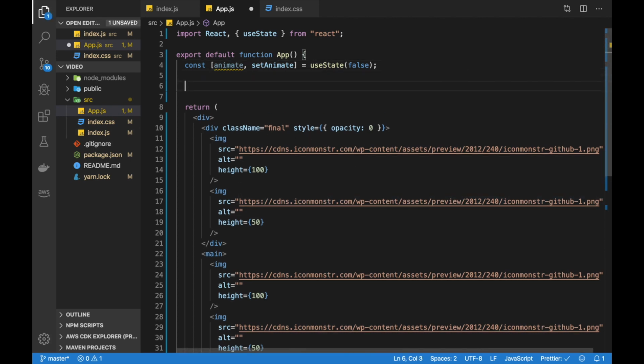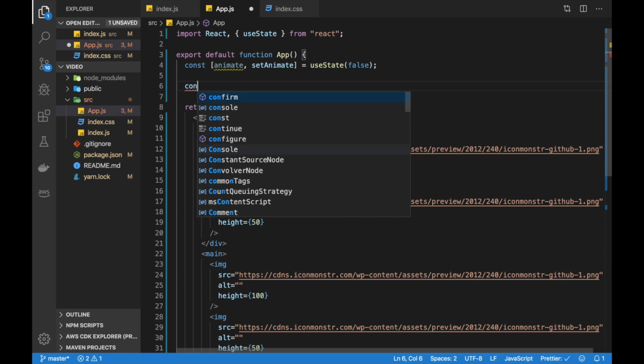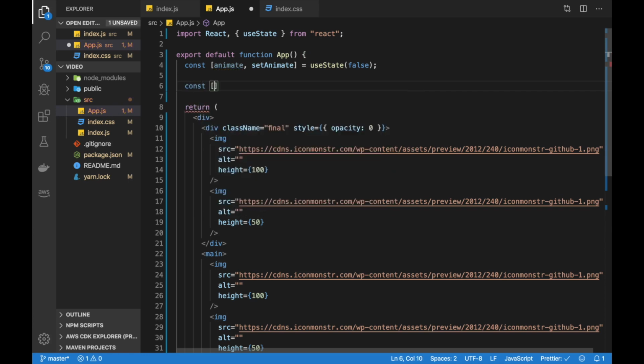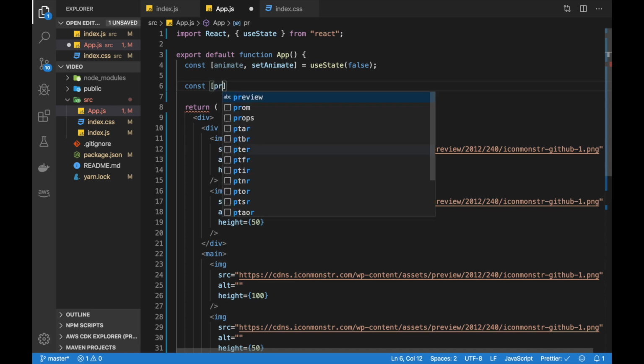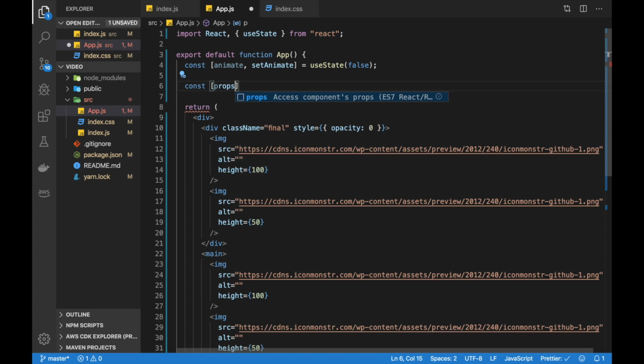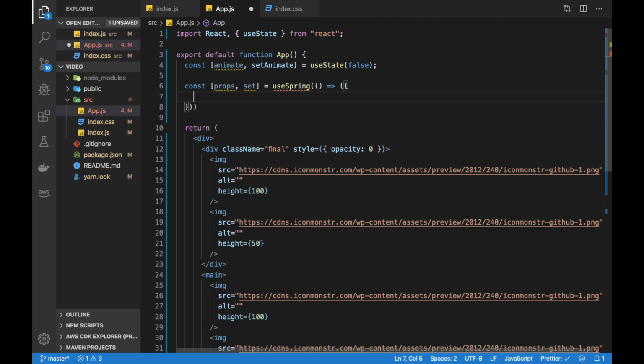Okay, so how do we do? We can define a const here and then say, let's just call it props. Okay, let's just use some default names here, props instead, and then call useSpring, and then return a function, and this function will return an